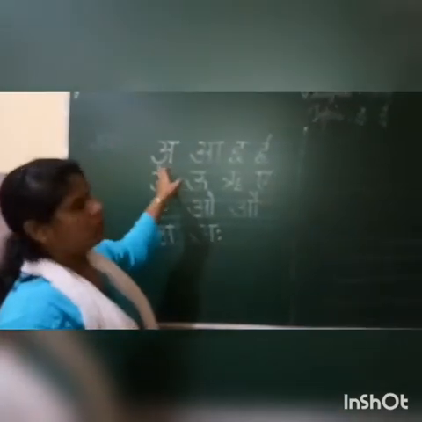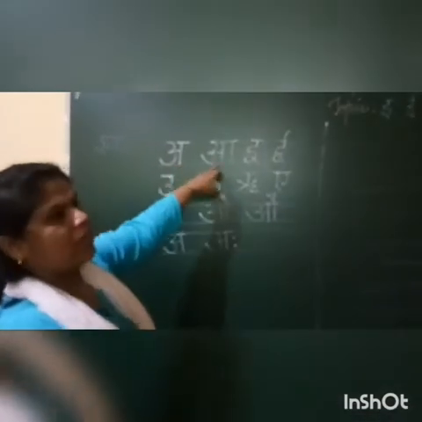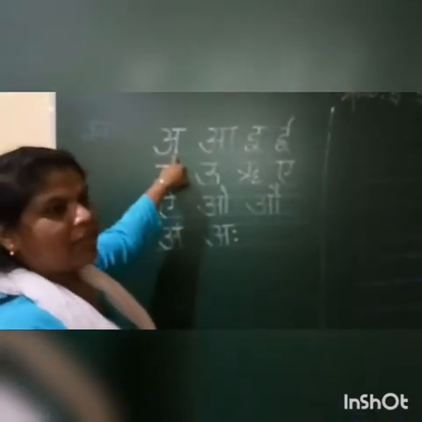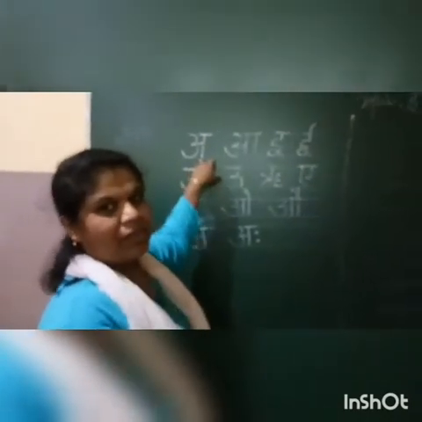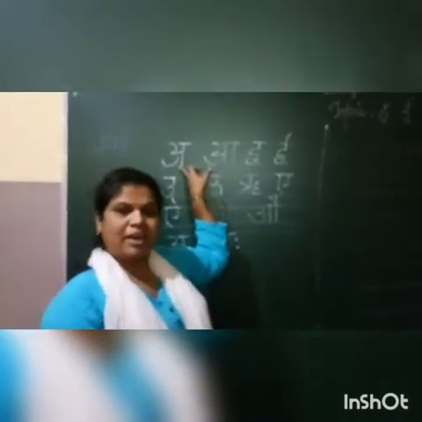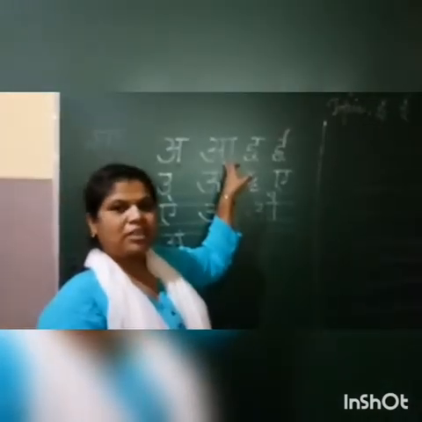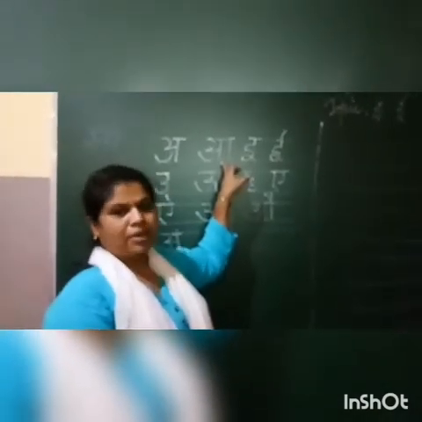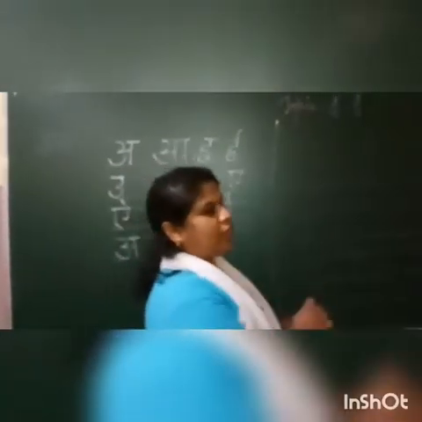Whenever you are writing, you have to learn oral. Last class I taught you about right. A से क्या आती है? A से अनार. अनार यानी pomegranate. Then A से आम. आम यानी mango. Okay, children, before going to that, you know how to write letter A. I taught you in last class.